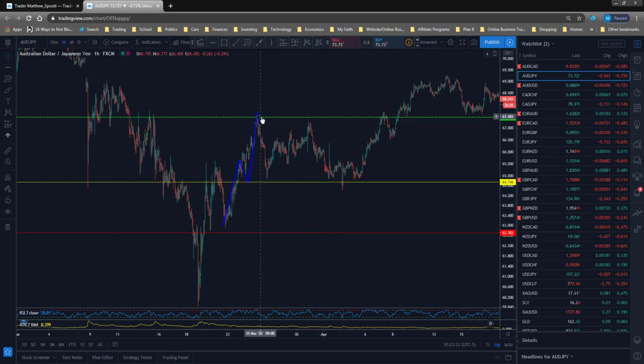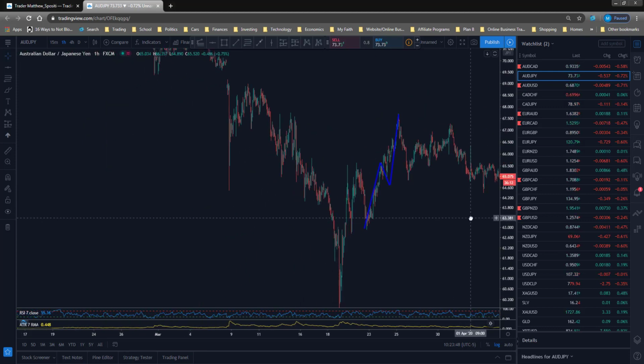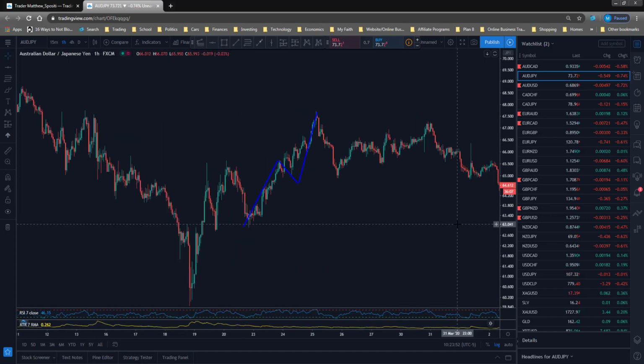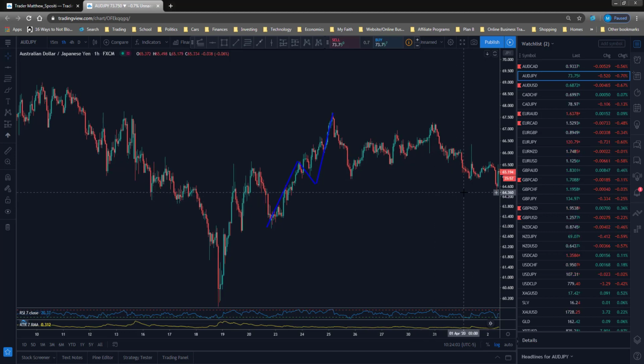You can try your luck with the first retracement. That one doesn't work. Try your luck with the second retracement. Another thing you could do, which is what I did, was you can try your luck with the first retracement, and if it doesn't work out and we end up breaking below, because you don't know this is a complex pullback when it's happening, right? You have no idea that's what's actually occurring. All you know is that we broke structure to the downside and that we've been overarching bearish for a long, long time. So what you could do is do what I did, and you could flip your analysis and say,